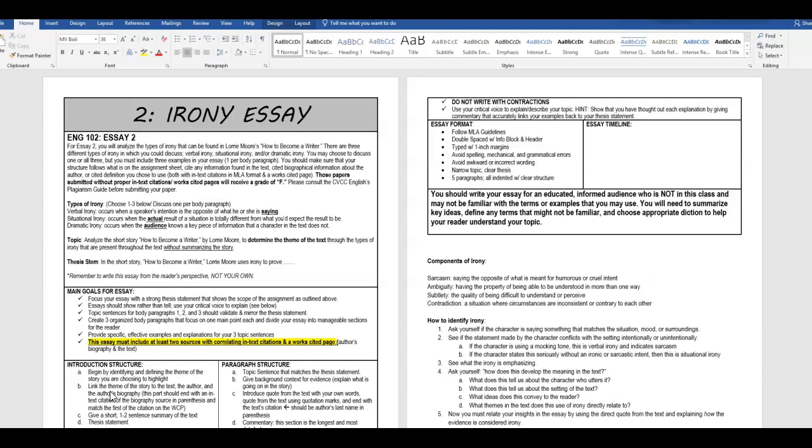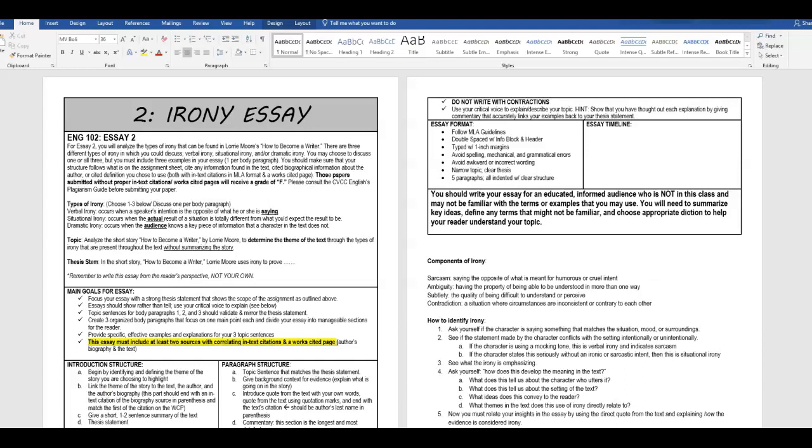Again, the types of irony you could choose from are verbal, situational, and dramatic. You can choose one to three, and you discuss one per body paragraph. The topic of this essay is to analyze the short story How to Become a Writer by Lori Moore to determine the theme of the text through the types of irony present throughout the text, without summarizing the story. Your thesis stem is: In the short story, How to Become a Writer, Lori Moore uses irony to prove